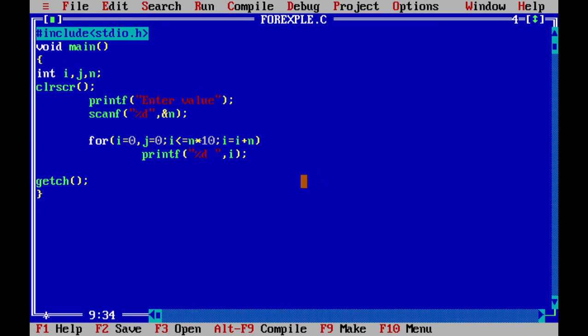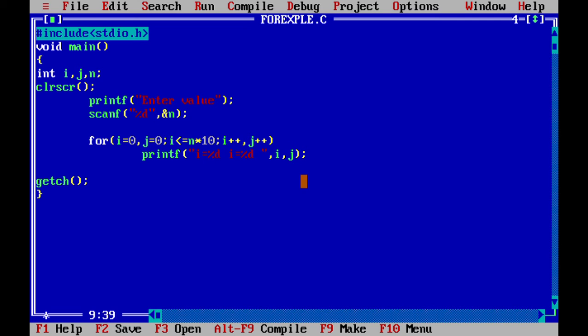Same way you can increment multiple values. Suppose I say i plus plus and j plus plus. It is possible to increment more than one value, but you have to put a comma between these two values. Don't put a semicolon, otherwise it will show you an error. Suppose I just print these two values, %d. I say that i is equal to %d. This is called a format specifier, %d, because the data type of i is an integer.